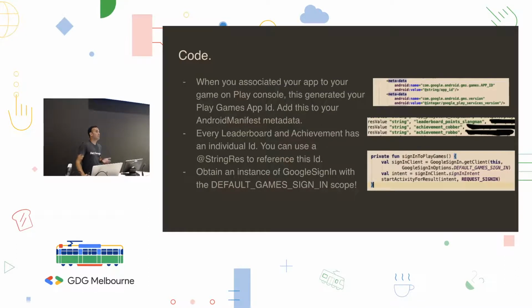Every single achievement and leaderboard you have is actually generating a string value. What I like to do is debug sign my debug leaderboards so I can test them correctly. And then I use the Gradle flavors to generate those values. That way, the flavor kind of chooses which exact version of the app you're going to see, and test it out separately.